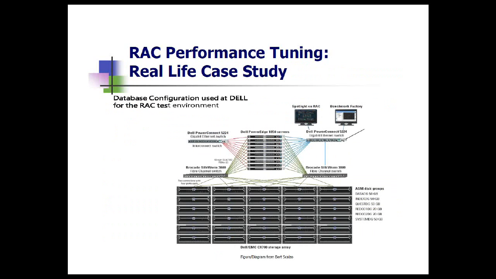Now, I only show this picture. I do a lot of proof of concept work down at the Dell labs, working with some of the people at Dell and their customers. And I only wanted to show this in that this is the first thing I always draw when I work with rack, is I make myself a picture. And in this picture I see I have 10 nodes, and I know that I have multiple fiber switches, and I know what types and what the performance characteristics are. I know what kind of Ethernet switch I have, and whether it supports virtual LANs or VLANs, or whether I'm separating